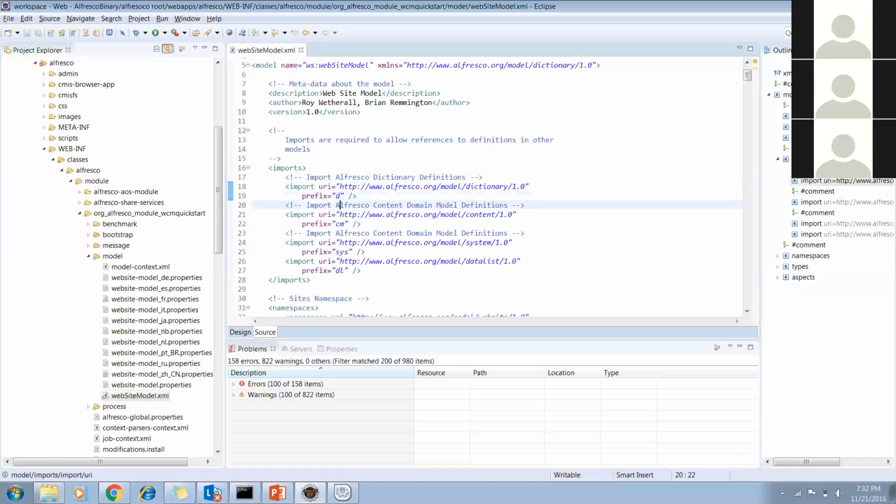Again, they have this URI, this unique name for any XML file. And we have a prefix. Through this prefix, we can call all this data which is defined in that content model. You said prefix before, right?